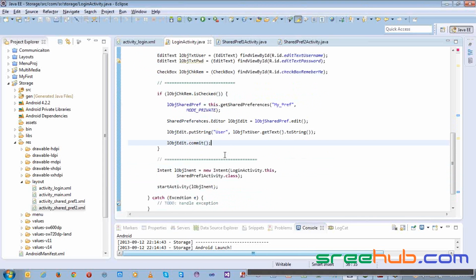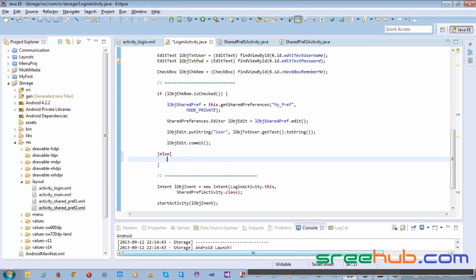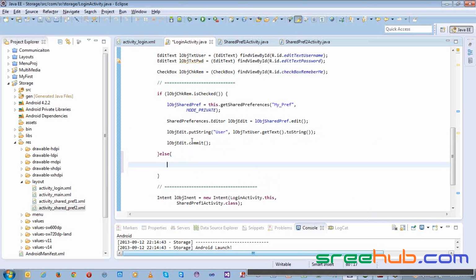Now you can see when I say otherwise don't do that, what do you have to do? You have to remove this data, am I right? Maybe you will be running this activity 2 times, then what happens? It will be saving 2 different times, right? Then if you don't want to remember, how to remove the same data from share preferences? Again, you have to create an edit mode again,